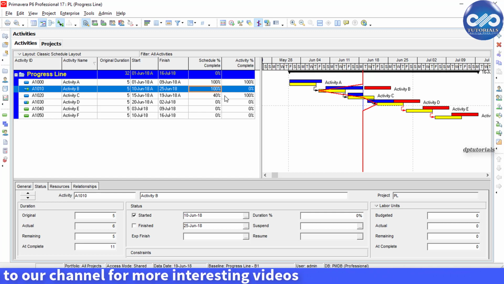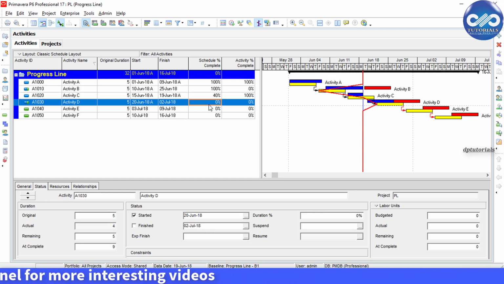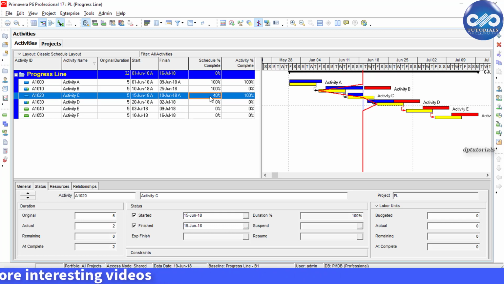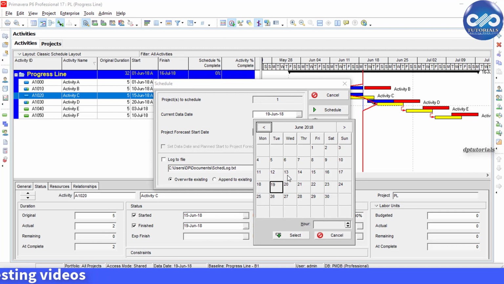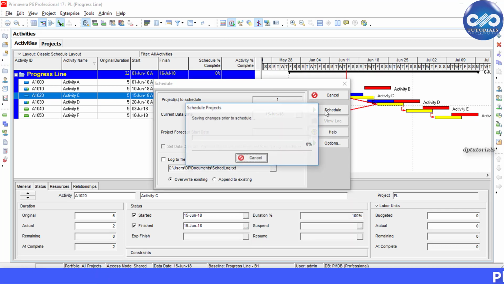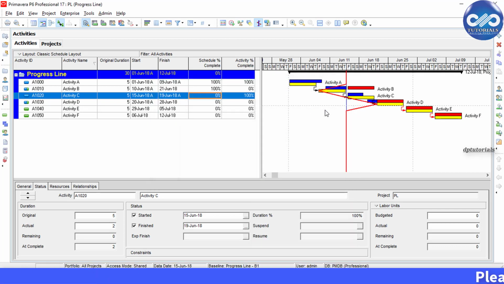Okay, the reason is we have selected the percent complete as our parameter. So friends, in this way you can display the progress line so as to quickly see which activity is behind schedule and which activity is ahead of schedule.